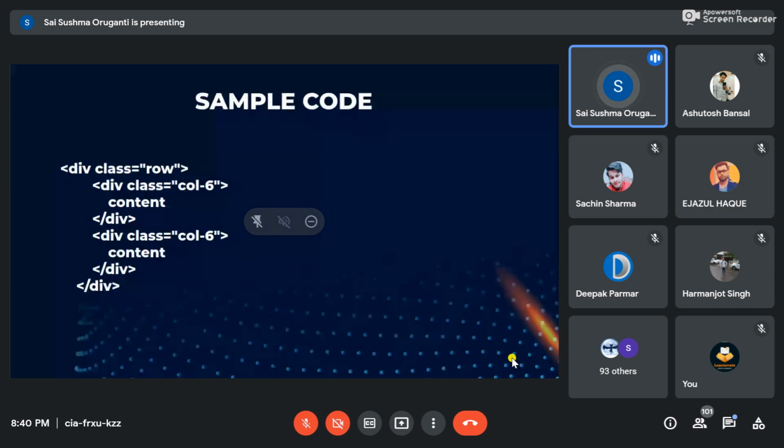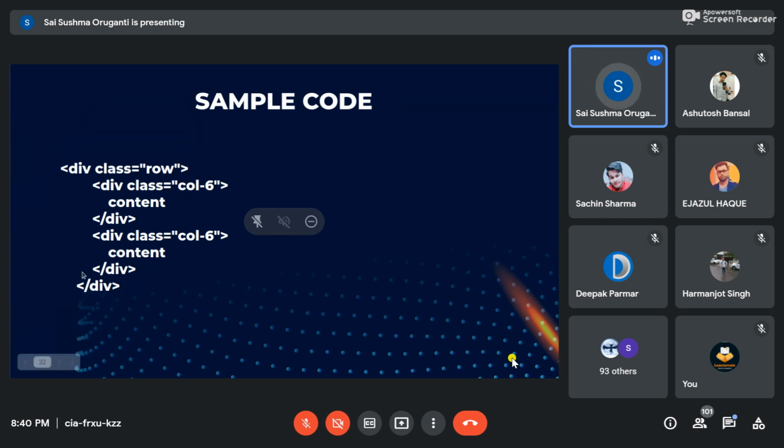So next, this is a sample code. Sample code is nothing but there is grid. In the grid, there will be row and column. I have said, right, row we will represent as ROW, and column we will represent as COL. Row is nothing but horizontal. Column is nothing but vertical. Remember this. So first we have to write row.